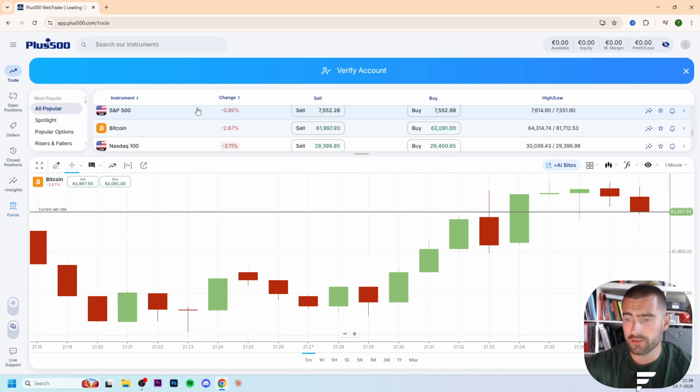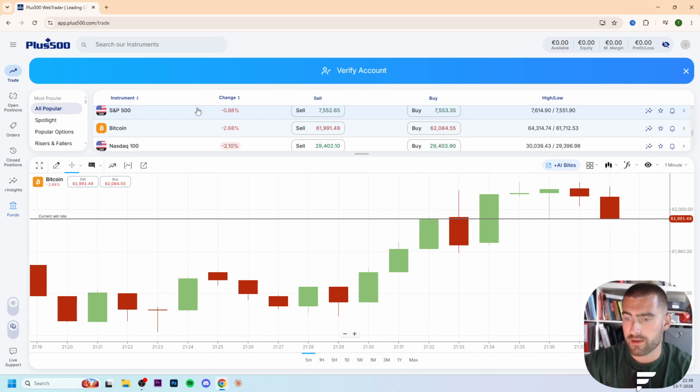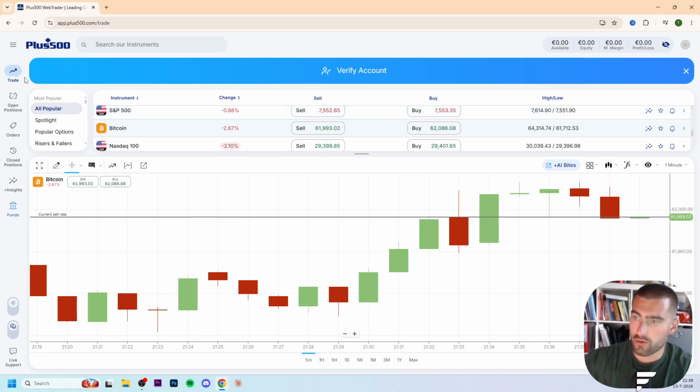The first thing that you need to know is you need to verify your account. And I didn't verify my account because for me it's not possible to do that. But when you did your verification on your Plus500 account, you need to know that if you want to deposit